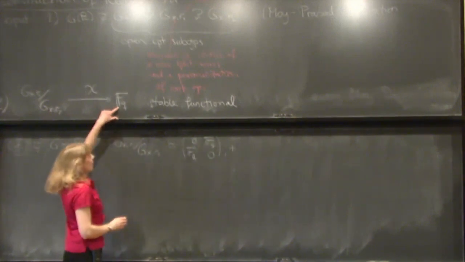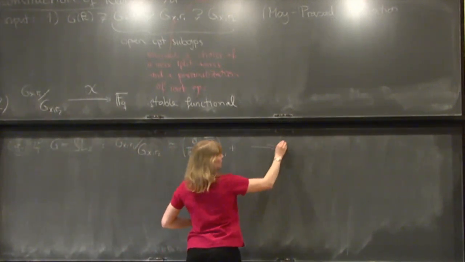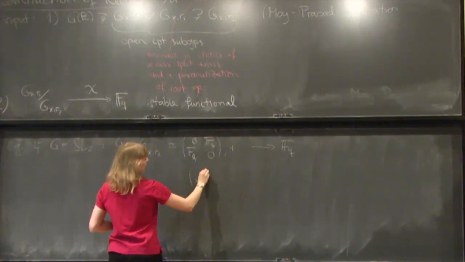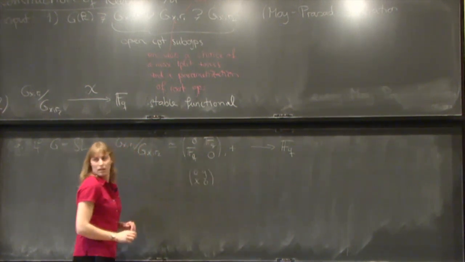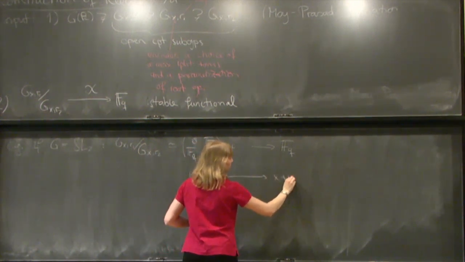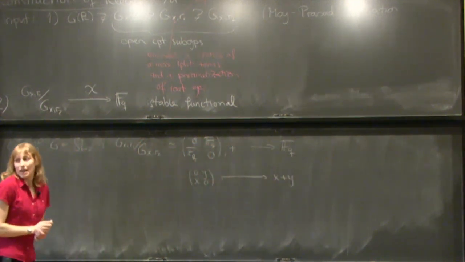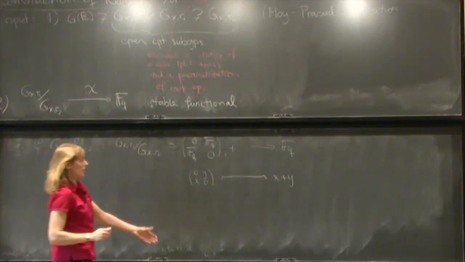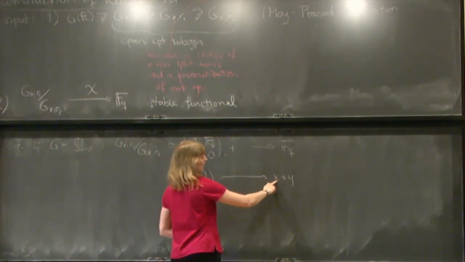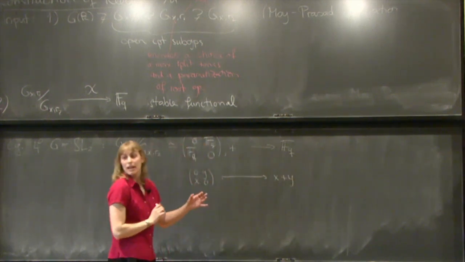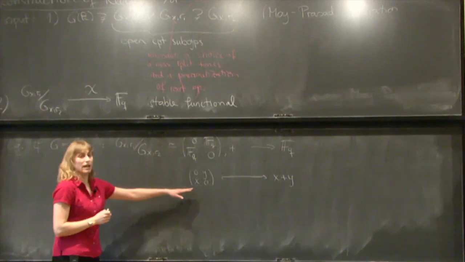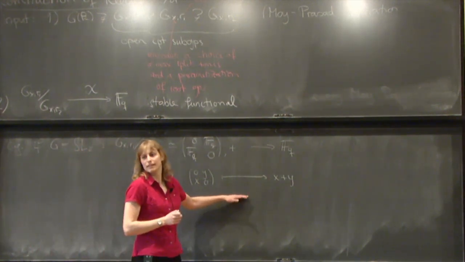And we want to have a character of it, so we want to send it to F_q. And the way we can send it to it is, for example, we take the element (x, y), and we send it to x plus y. Other things we could do is just send (x, y) to any linear combination, like a times x plus b times y, as long as a and b, the coefficients, are non-zero. So what we are not allowed to do is to send it to x or y. So that means it's somehow regular.